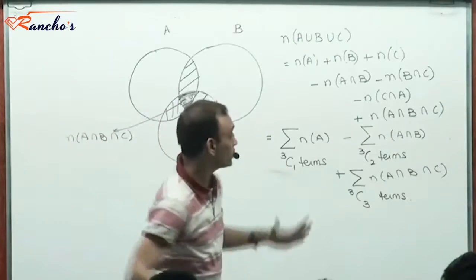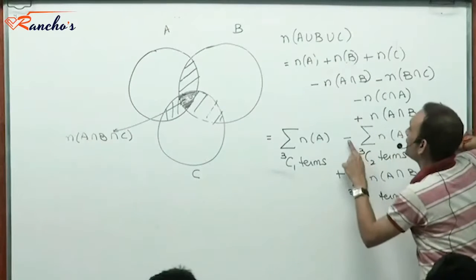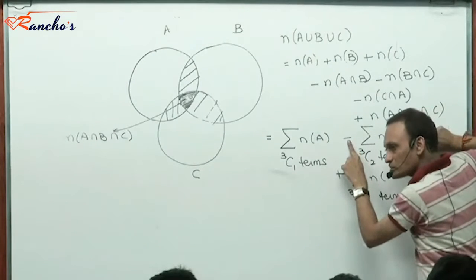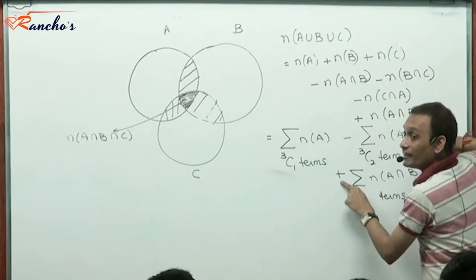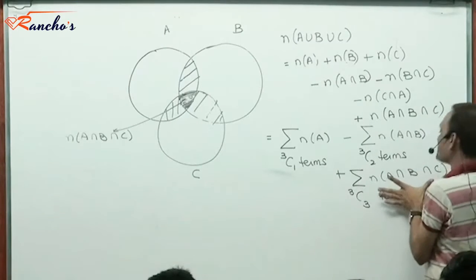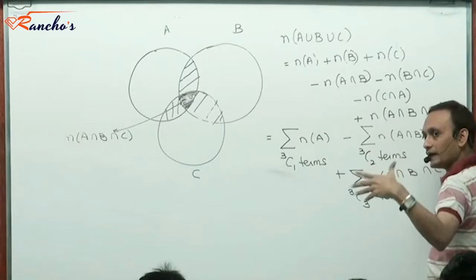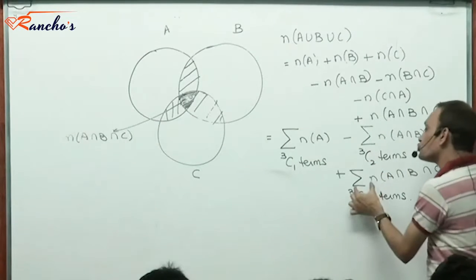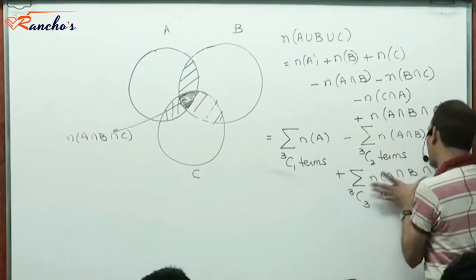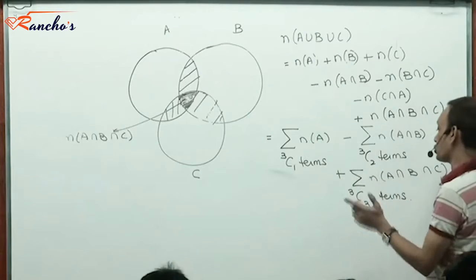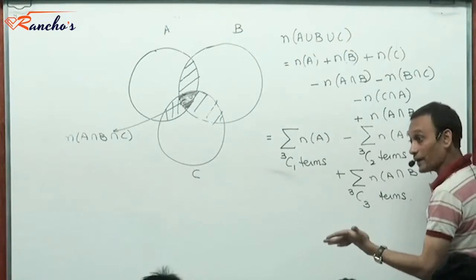Right? So if in a given summation you have pairs involved, then the sign before that summation is going to be minus 1 to power 2 minus 1. If you have 3 at a time, then you will have minus 1 to power 3 minus 1. Now for the last term, which involves all the sets, there is only one term, because there is only one way you can involve all of them. So even if you didn't write the summation sign, it's all right, because the summation would be the same as this one single term, which is all. That means 3 terms means just one term in this summation, right?